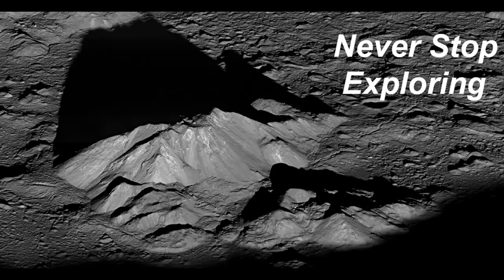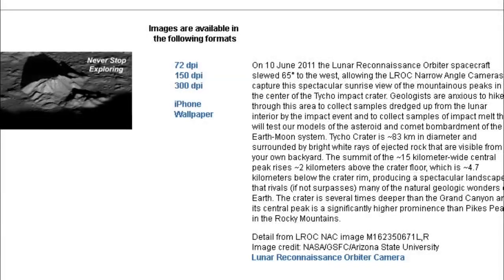Geologists are anxious to hike through this area to collect samples dredged up from the lunar interior by the impact event and to collect samples of impact melt that will test our models of the asteroid and comet bombardment of the Earth-Moon system. Tycho Crater is 83 kilometers in diameter, surrounded by white rays of ejected rock that are visible from your own backyard. The summit of the 15-kilometer-wide central peak arises 2 kilometers above the crater floor, which is